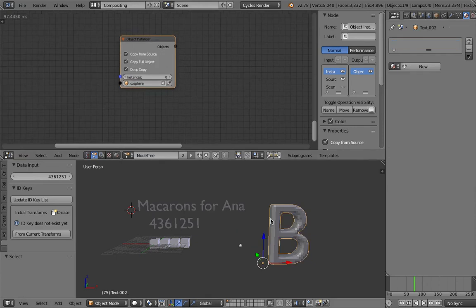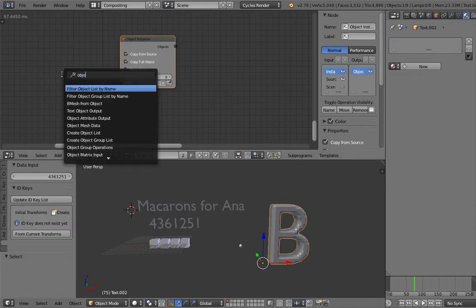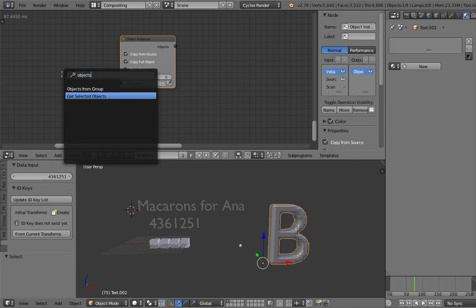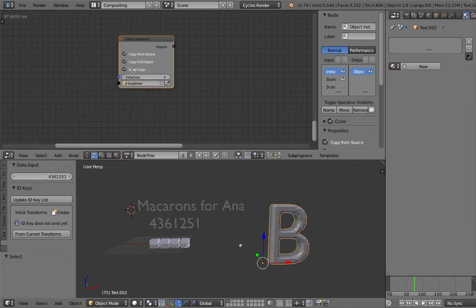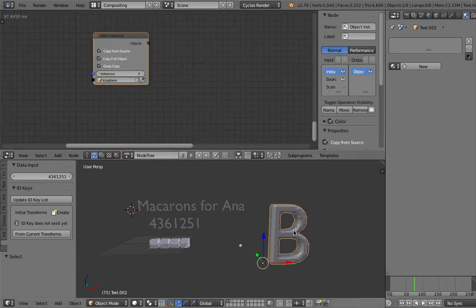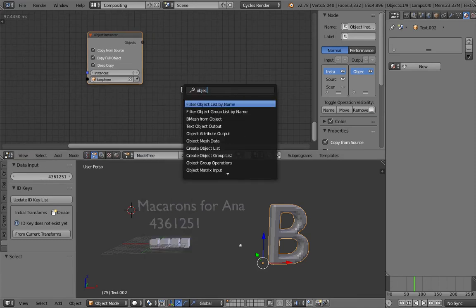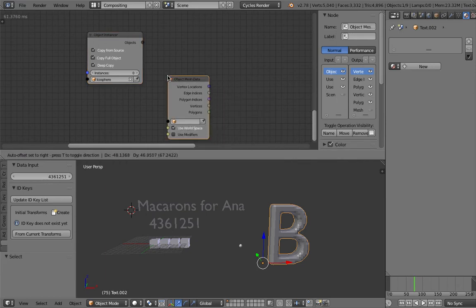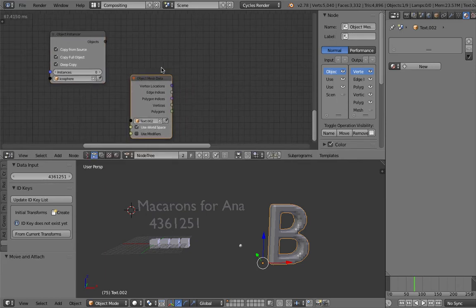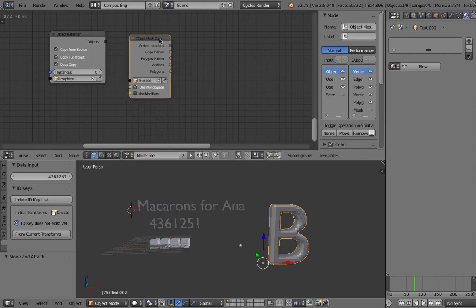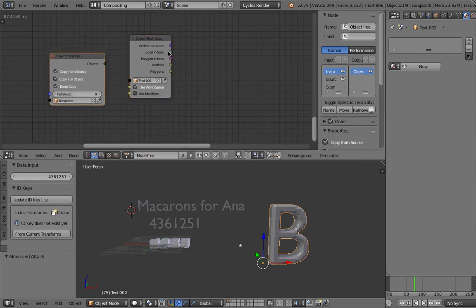Let's grab these objects real quick. Objects in, or just I want to get the vector of that object, so object mesh data in, grab that object, and I will spawn the objects. So I will plug the vertex locations into the instance,